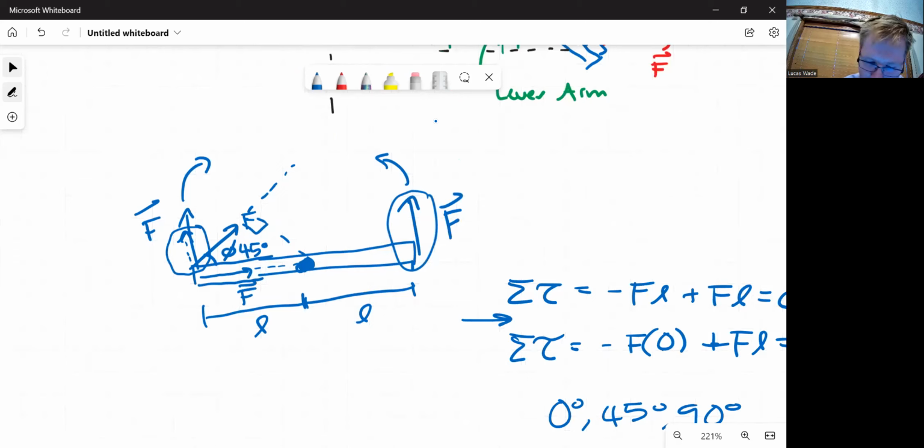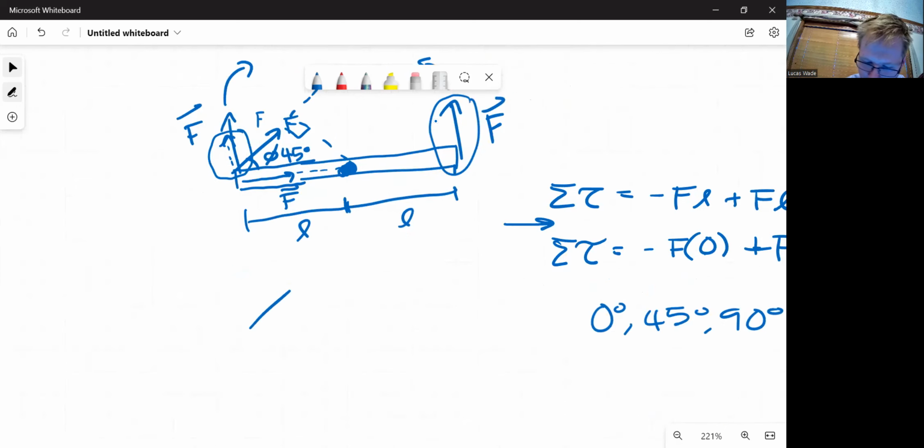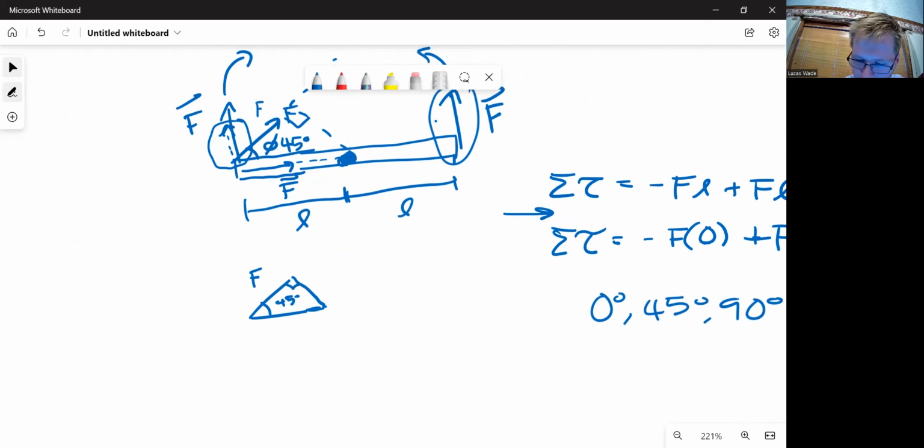So our F here is going to help if we draw this off to the side. F, we got 45 degrees. We got this right triangle. And so we want to find this side. So in this case, it's that F is adjacent to that side. So we've got tangent of,